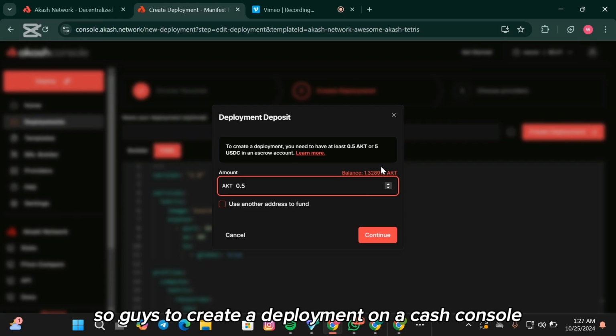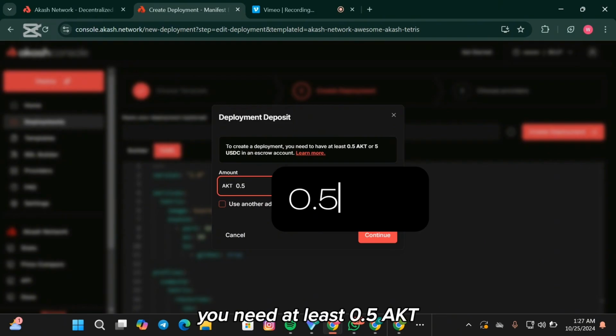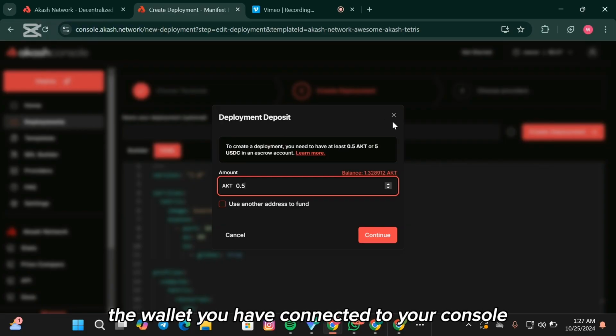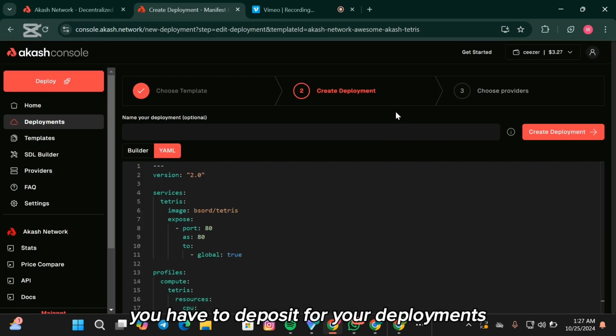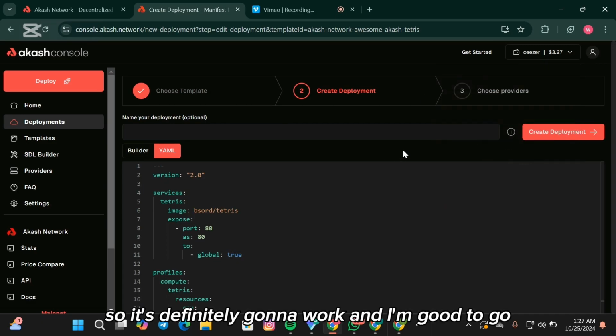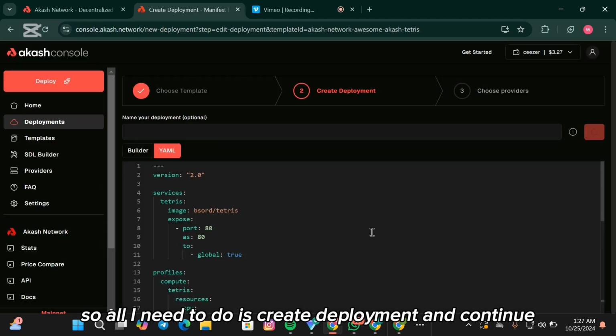So guys, to create a deployment on Akash Console, you need at least 0.5 AKT to be able to deploy. It's called a deployment deposit. So if you don't have funds in the wallet you have connected to your console, you have to deposit for the creation of your deployments to work. As you can see, I have 1.3 AKT in my wallet, so it's definitely going to work and I'm good to go. So all I need to do is create deployment and continue,